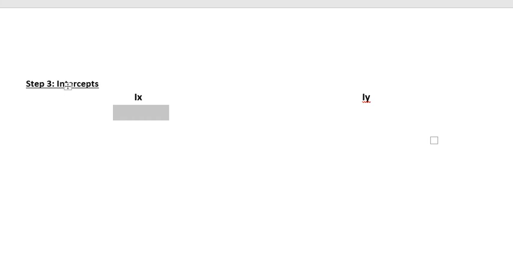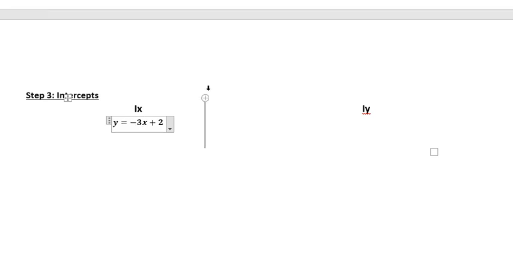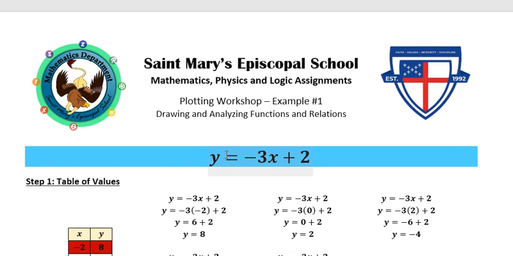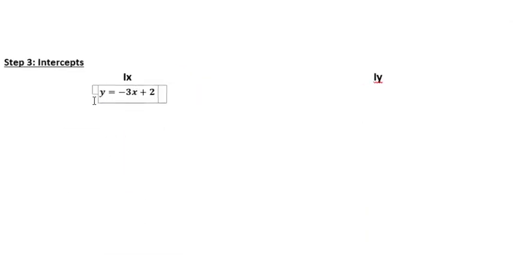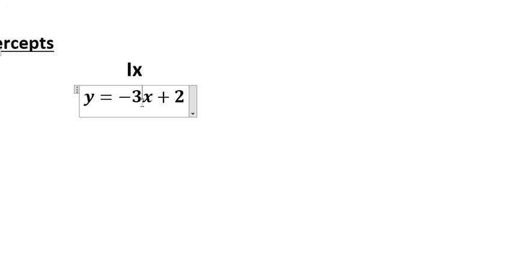How are we going to find those intercepts? We're going to need the formula of the exercise. Remember, this exercise is y equals negative 3x plus 2. So I'm going to put that formula in here, and I'm going to do this